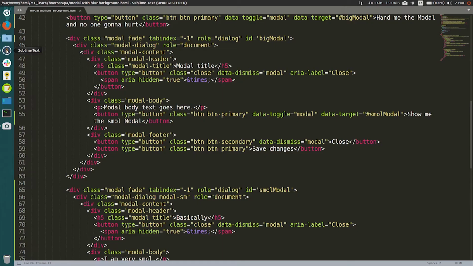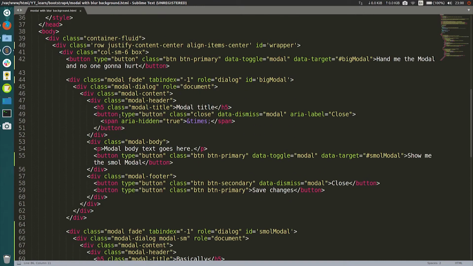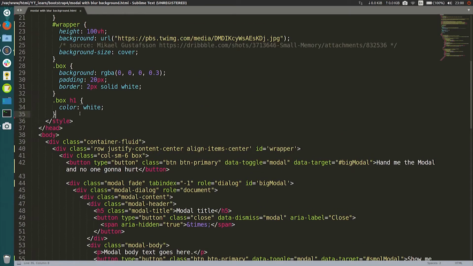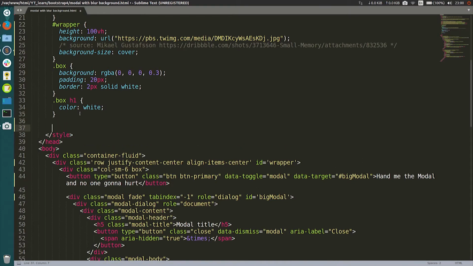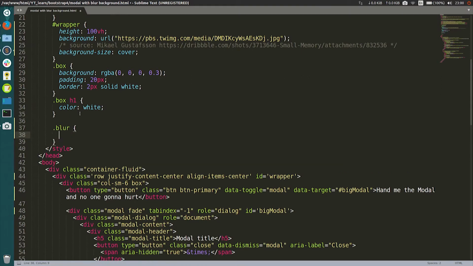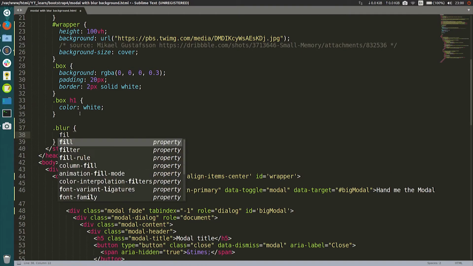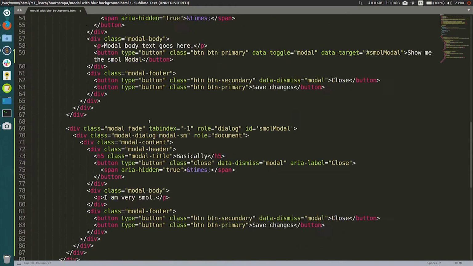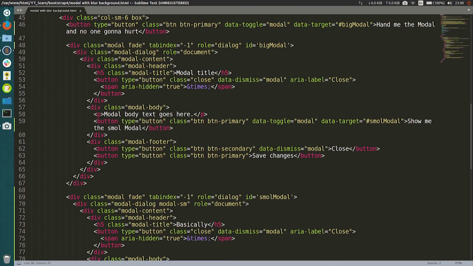So first of all, you need to know what can make a blur background. It's done by the CSS. So let's start making a class for that. Let's say class blur, and let's use filter blur. Let's just use a smaller one, 5px. Alright, and then after that we need to move the modal that we show